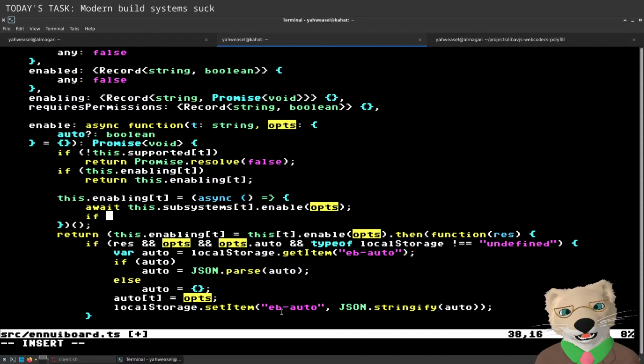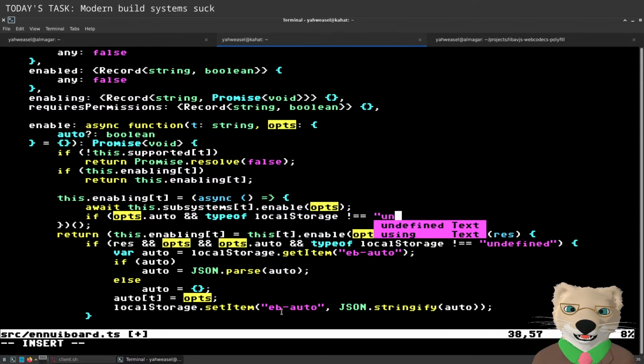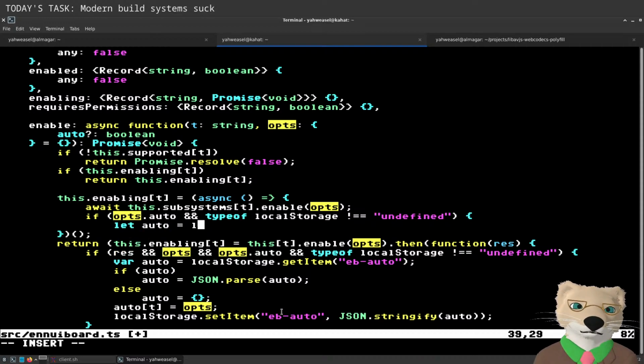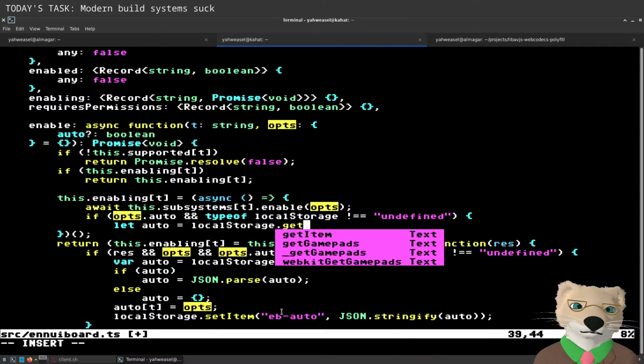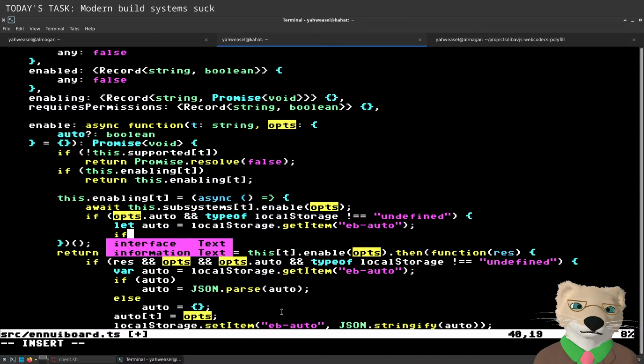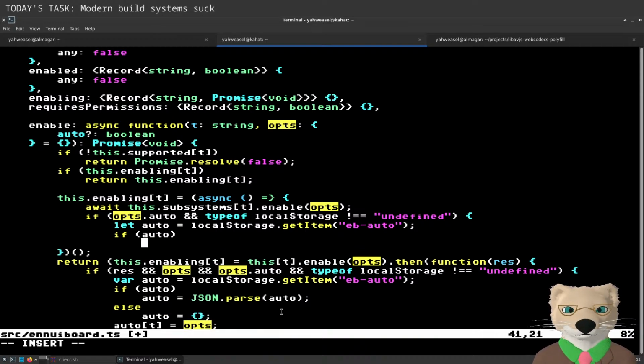Oh, interesting. I actually check whether local storage is defined because this code is so ancient. Very funny. Oh, I see.